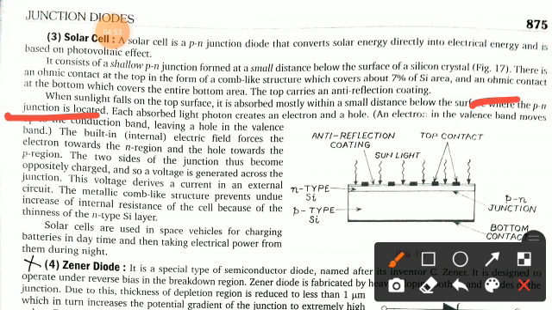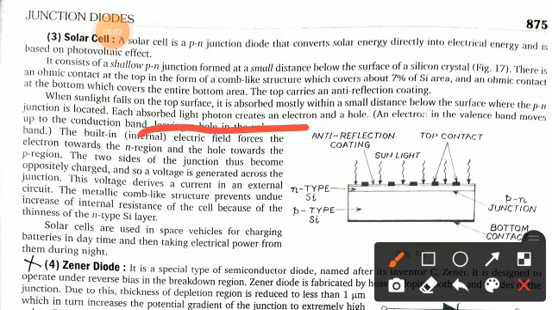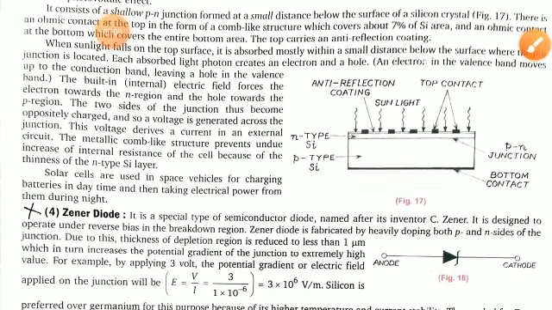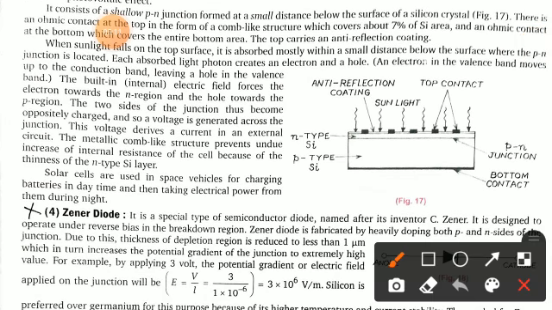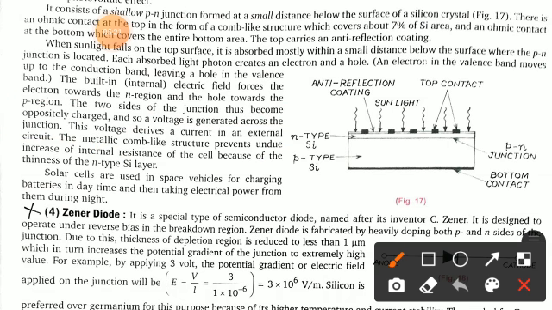So each absorbed light photon creates an electron and a hole. An electron in the valence band moves up to the conduction band, leaving holes in the valence band. The built-in internal electric field forces the electrons towards the N region and the holes toward the P region. So the two sides of the junction thus become positively and negatively charged, and a voltage is generated across the circuit. The metallic comb-like structure prevents undue increase of the internal resistance of the cell because of the thinness of